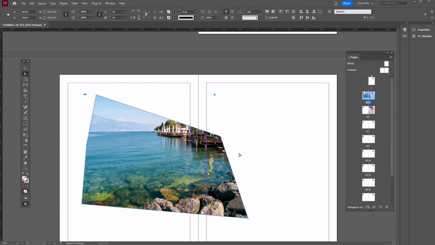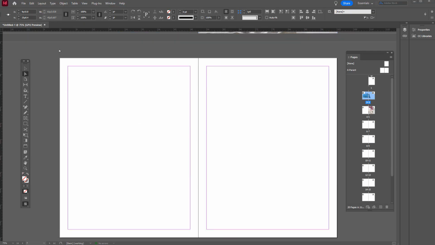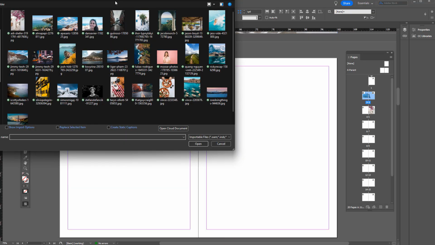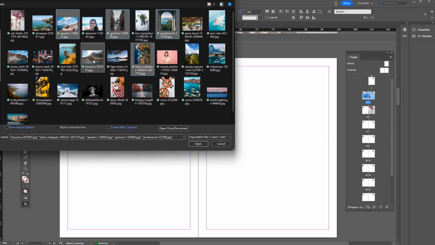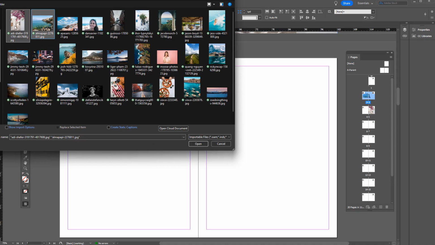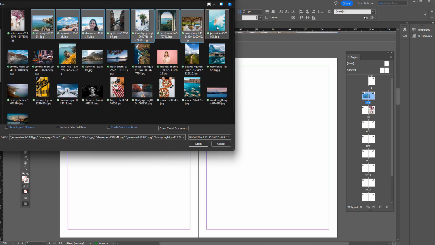Now, what if we want to add multiple photos to a layout? Let's just go to File, Place, and let's either hold Control on the PC or Command on the Mac and click a few to hand select them, or we could click and drag around a group, or we can hold Shift and click one and click another in succession, and it will select everything in that row. Either way, but let's just go ahead and go to Open,